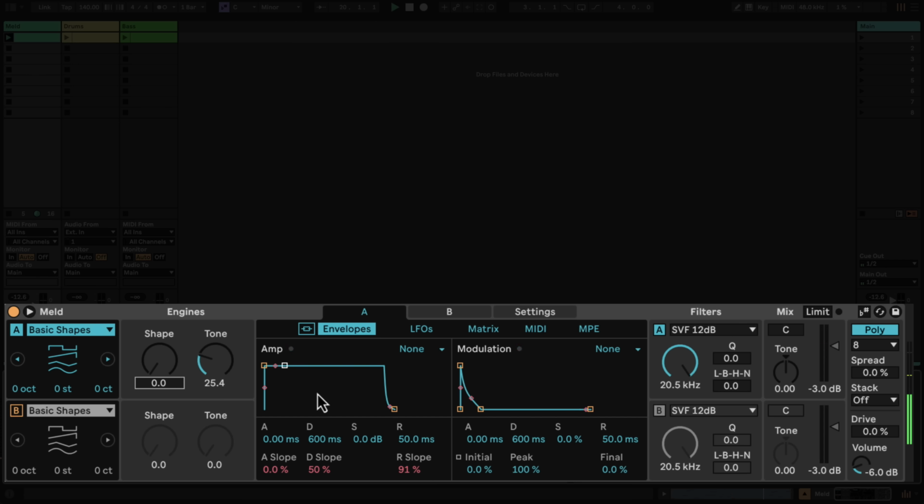In the middle, we have the standard ADSR amp envelope, which controls the volume of the sound over time. I can adjust each individual parameter down below or in the graphic, and also adjust the slope.